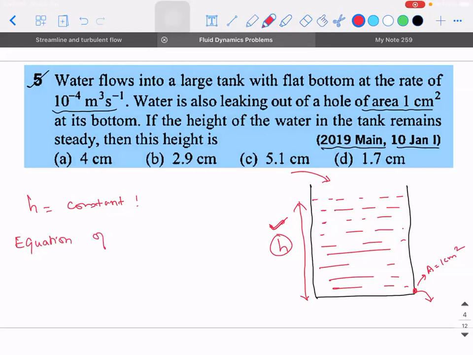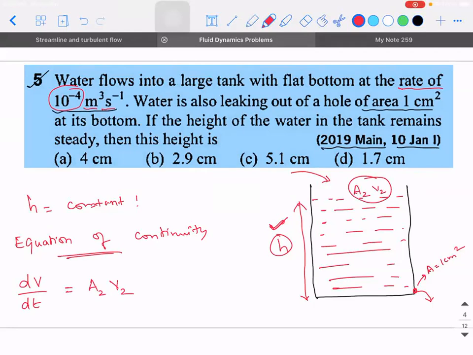So what I'm trying to say is, here they have used the word rate of something, 10 power minus 4 meter cube per second. So indirectly, what have they given you? They have given you the product of area of this cross section into the velocity with which the liquid is falling at the topmost point. That is how much? dV by dt is equal to, can I write it as A2 into V2? Where this is A2 into V2. Correct? Any doubt in this?